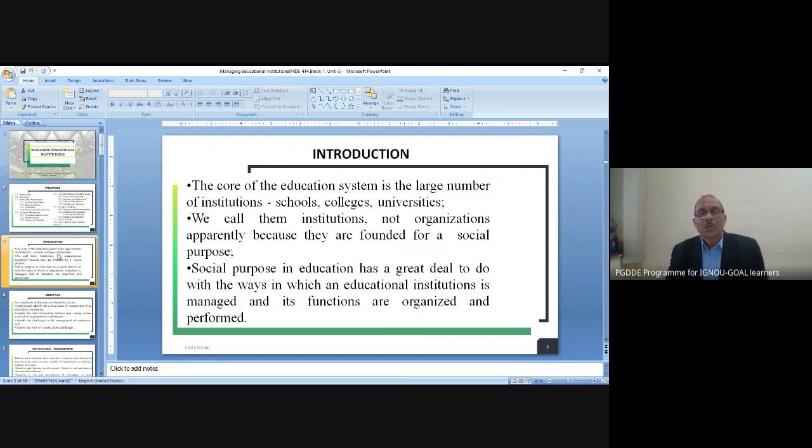Okay. Now the introduction for this unit: the core of education system is the large number of, as I said, in India we have a large network of almost thousands of